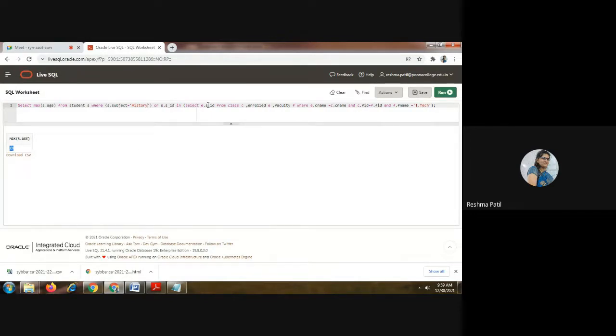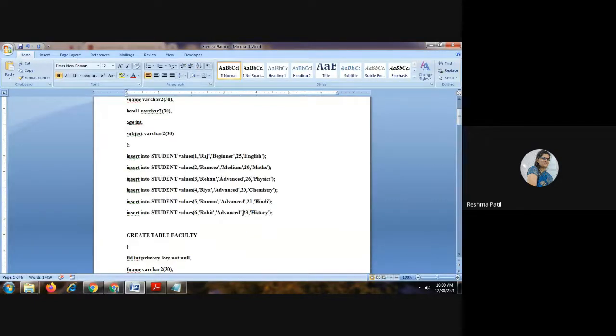One is from this table, that is 4. S.sid is 4. Or subject is equal to history. Using these two records, we will get the two. Using this query, we will get two results. One is, if you check this SID, using this SID we will get the result as 20 because we are going to find out the age. And there is this one student who has taken this subject. And what is the age of that student? Here it is 23, and the number 4 student's age is 20.